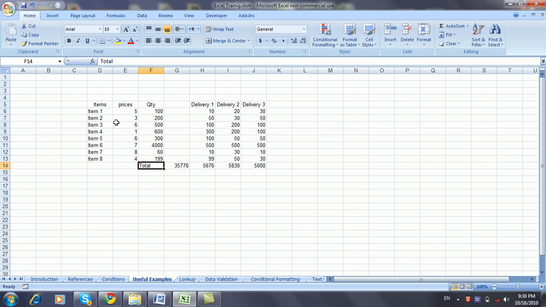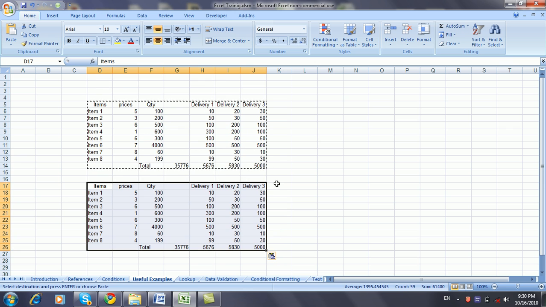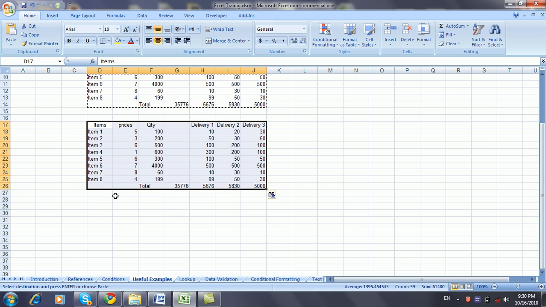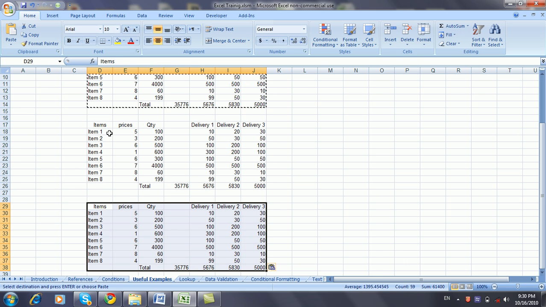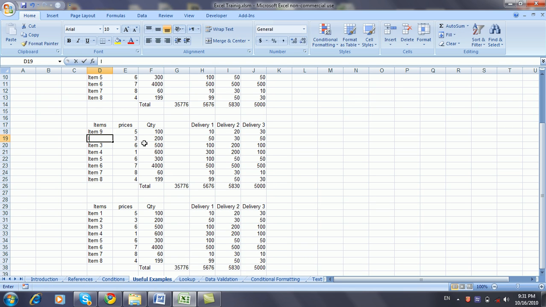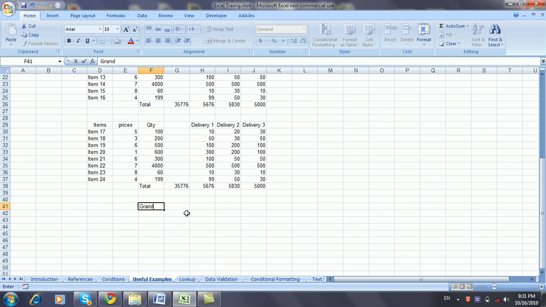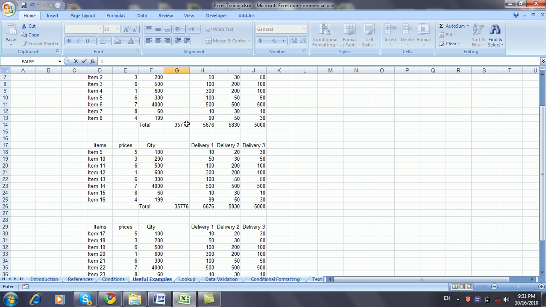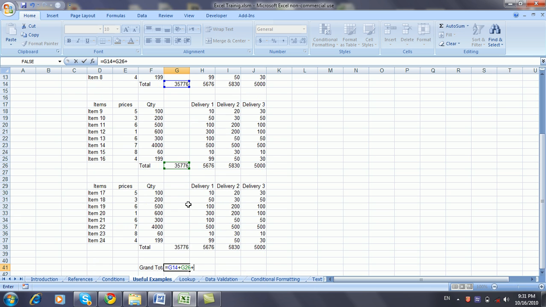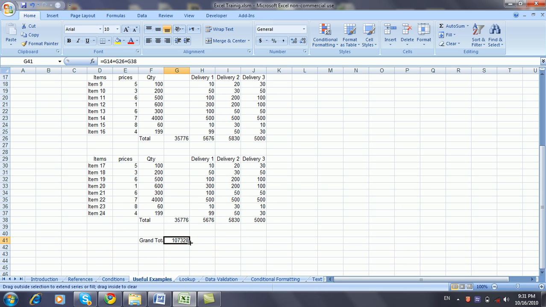Let's just make it simpler. We'll remove these. Let's say that you have another table like this here, and then you have a third one here, which has different items, of course. Here we'll make it item 9, item 10, and we'll continue the series. Here we'll make it item 17, item 18, and continue the series. So if you want to make the grand total of the subtotals above, what we can do is simply equal this cell plus this cell plus this cell, and if you copy all of these here,